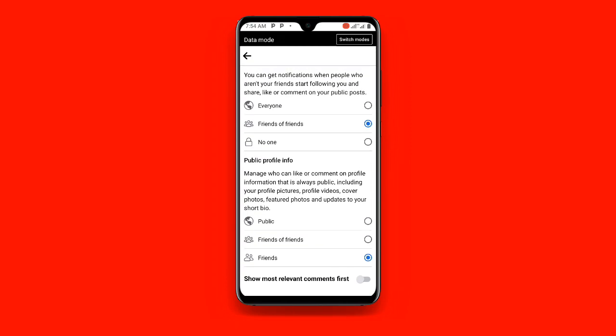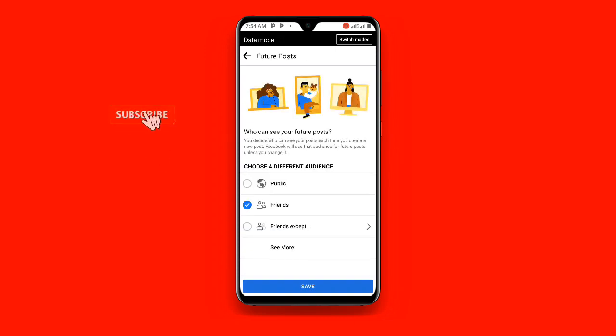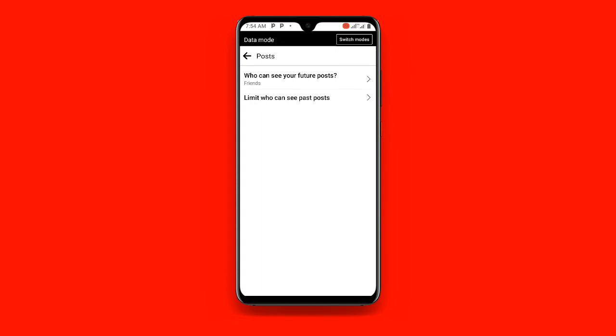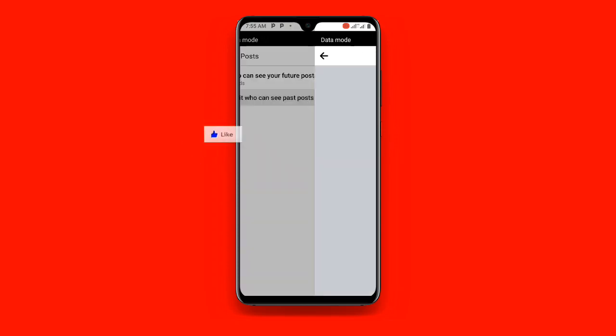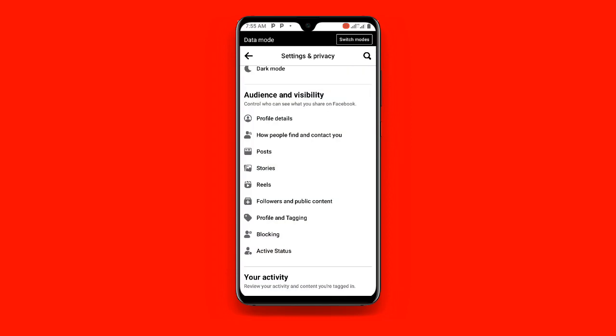Now once you are done, just go back, and you can see over here post. Just click on post. Now once you click on post, you can see who can see your future posts. Just click on that, and then you have to make sure it is on friends. So just set it to friends. Then you go back, and then you can see over here